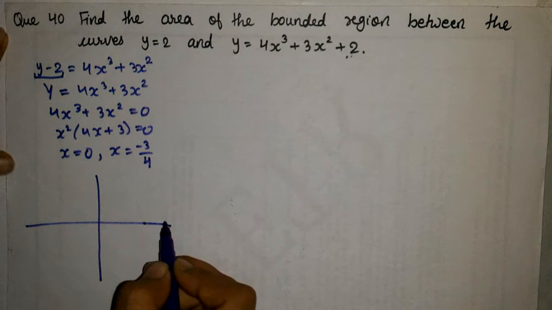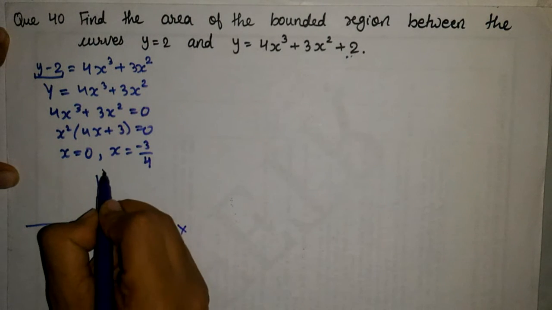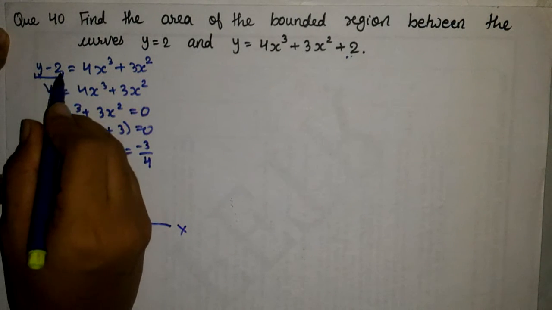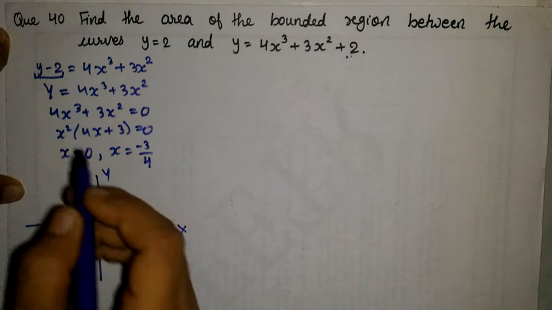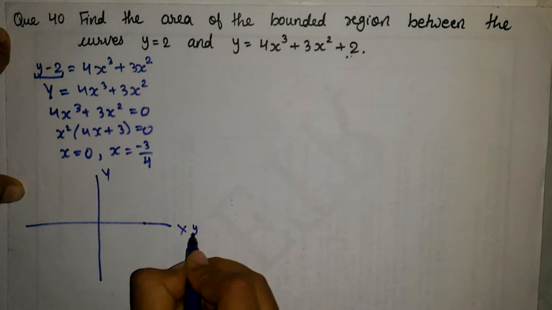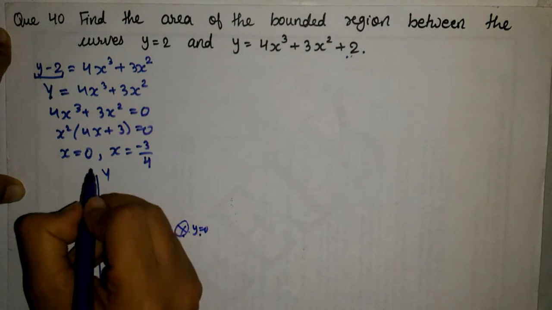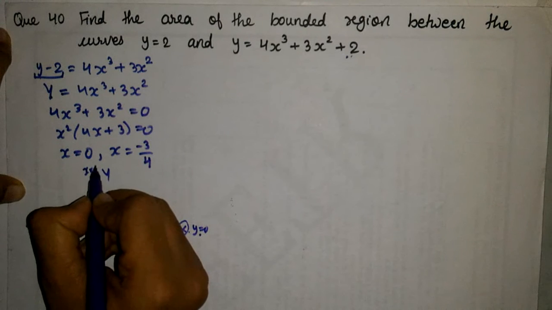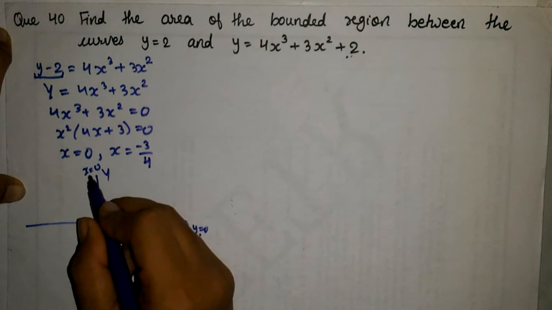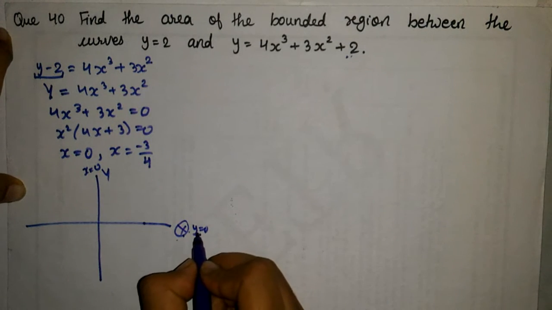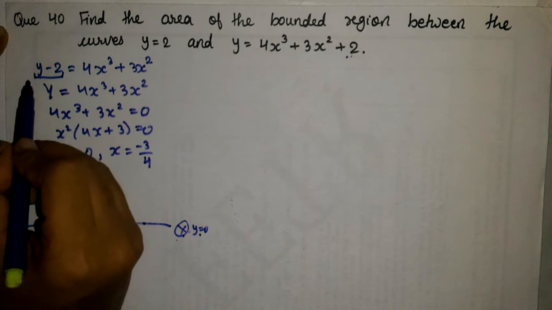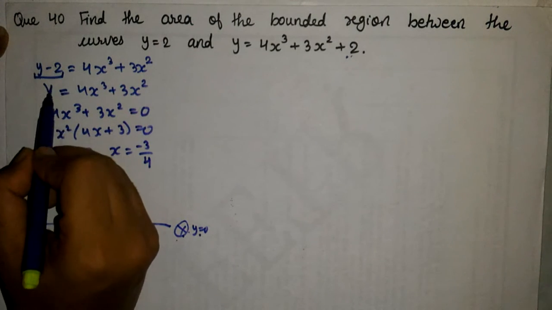Here take care that we have assumed y minus 2 is equal to capital Y. When we have to draw, this is the y equal to 0 line. The x-axis is called the y equal to 0 line, and the y-axis is called x equal to 0, because on the y-axis x is 0 and on the x-axis y is 0. So we have assumed y minus 2 is equal to Y.